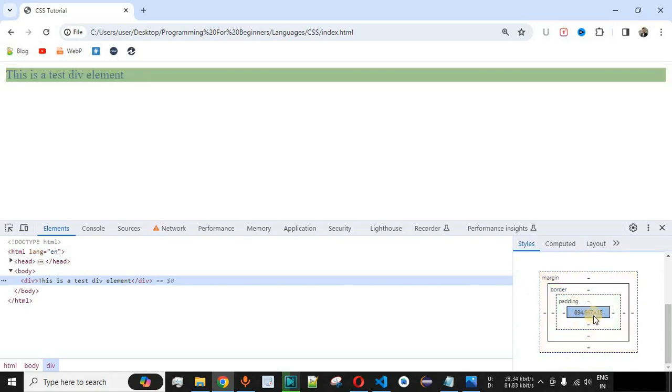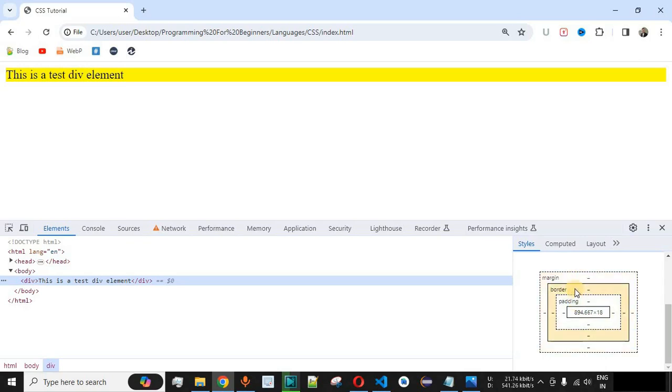Currently we have only the content of this div, that is, this is a test div element, and it is highlighted in green when we place the cursor on it. This content is surrounded by the padding, which is currently not defined, followed by the border, and then we also have the margin.